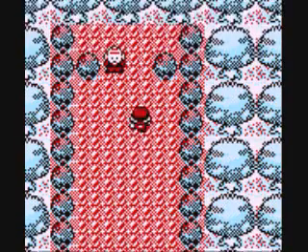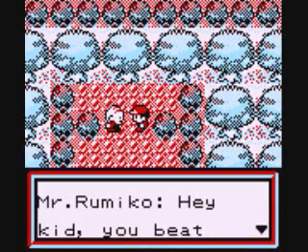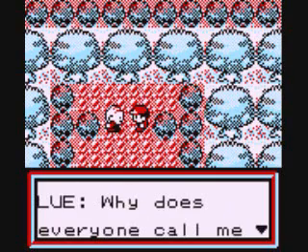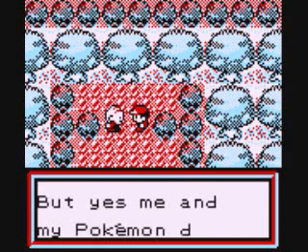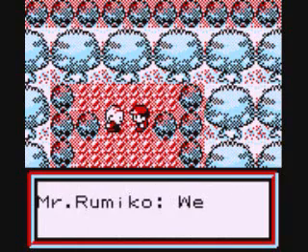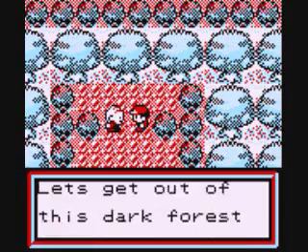And since we defeated the last Rocket Grunt, we can go and talk to this dude. Mr. Rumiko. Hey, kid! You beat them all by yourself? Oh, how amazing. Yeah, why does everyone call me kid? But yep, just like usual, we defeated all those Rocket Grunts by ourselves, so we get a special gift from